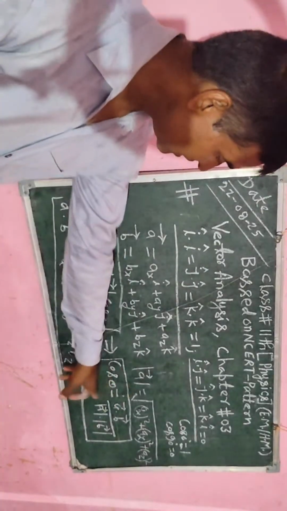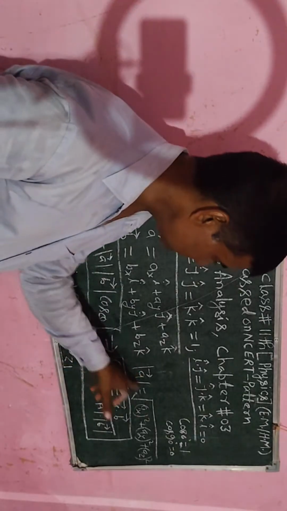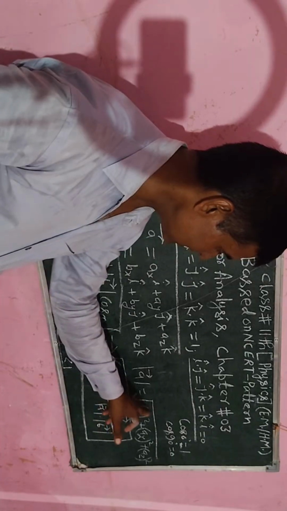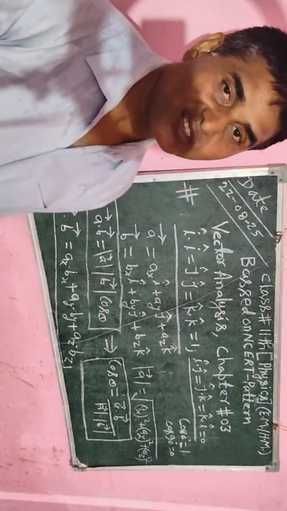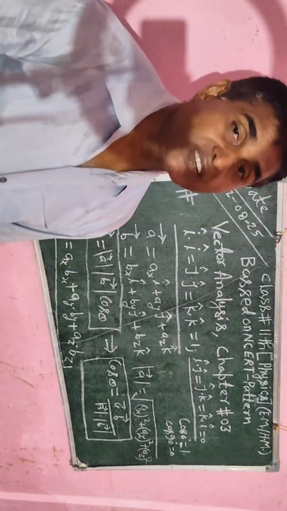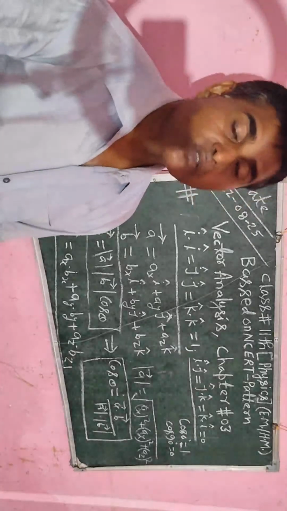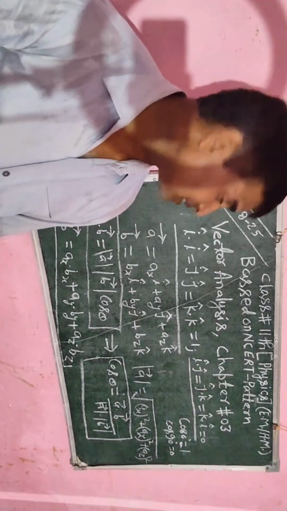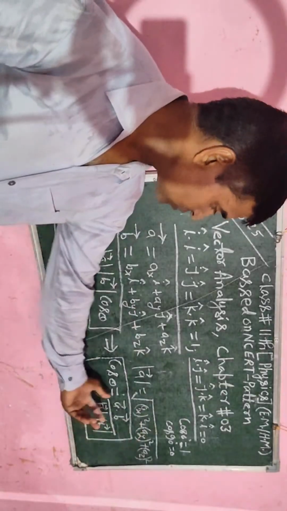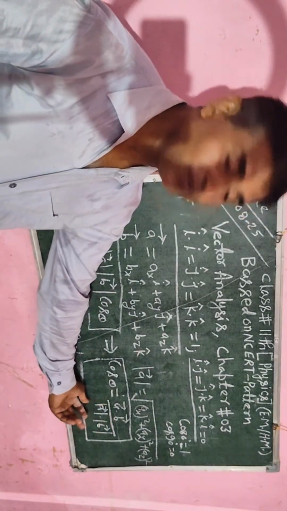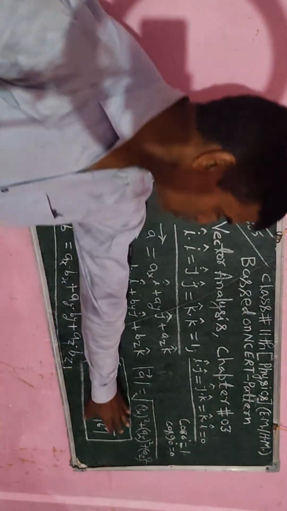करेंगे और वेक्टर ए का मैग्नीट्यूड निकालने के लिए हम यहाँ पर लिखेंगे वेक्टर ए का मैग्नीट्यूड इक्वल टू स्क्वायर रूट के अंदर ए एक्स का होल स्क्वायर प्लस ए वाई का होल स्क्वायर प्लस ए जेड का होल स्क्वायर। ए एक्स, ए वाई, ए जेड वेक्टर आई कैप, जे कैप और के कैप के कोफिशिएंट यानी गुणांक हैं। उन सभी गुणांक का स्क्वायर करके ऐड करने पर जो वैल्यू आएगी वो वेक्टर ए का मॉडुलस होगा।